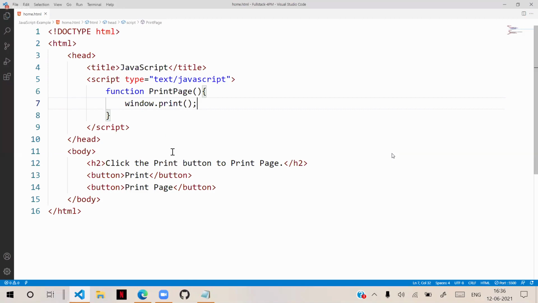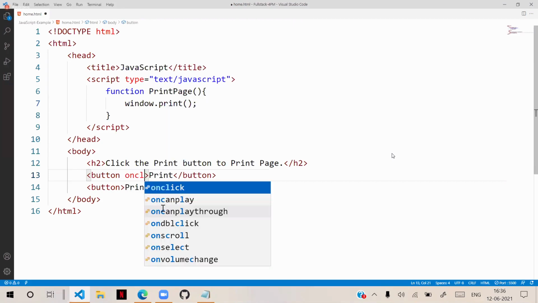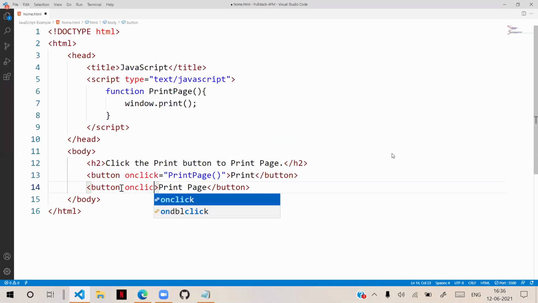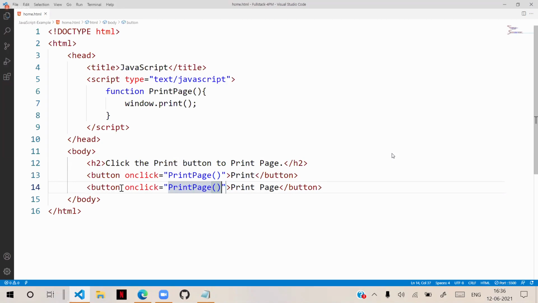That means this function can now be accessed and used for every button. So here, button onclick, and this also onclick. onclick is equal to print page. That means we can reuse the code.